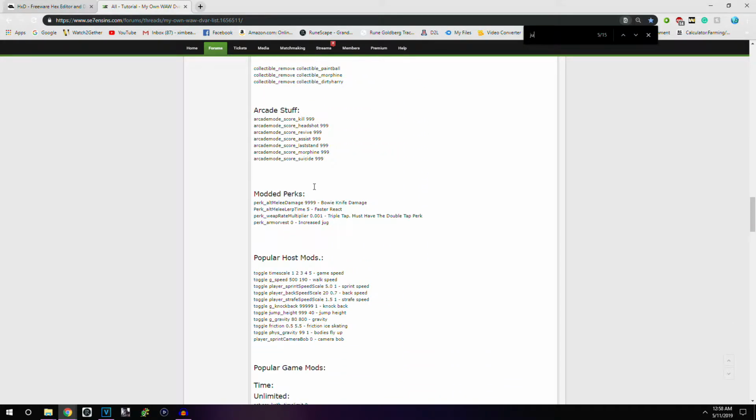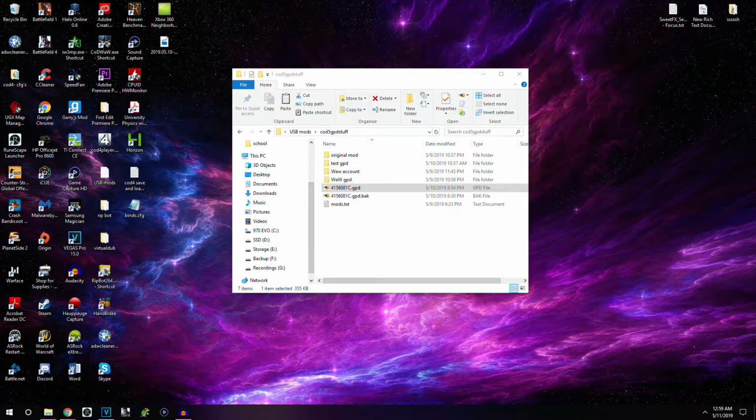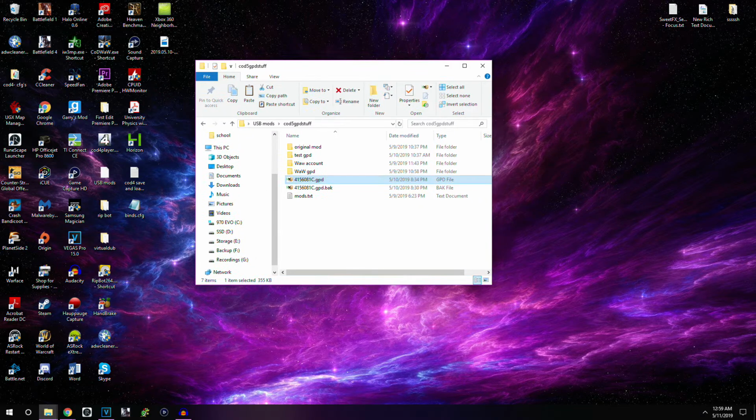So watch, this should have a jump height setting. It just gives you an example of a DVAR that you could potentially use if you wanted to. So that's actually the one that I'm going to give the example with. I'm just going to add that into this GPD here. So open up the GPD,